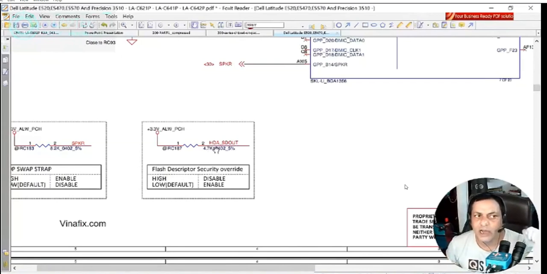My HDA, high definition audio, will stop functioning or start functioning depending on this signal. So if someone puts a resistor here, it will stop functioning. Why? Because high means your HDA, high definition audio, will be disabled, and low means you just remove the resistor from here and it will be enabled. So today I received a case where the sound section